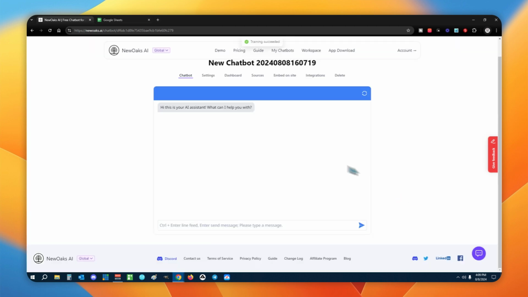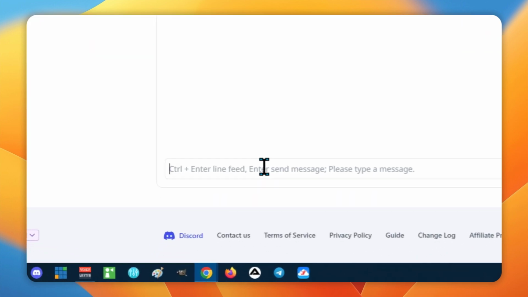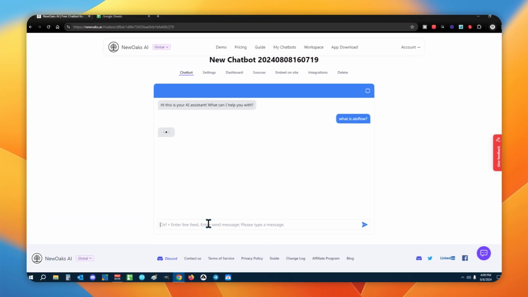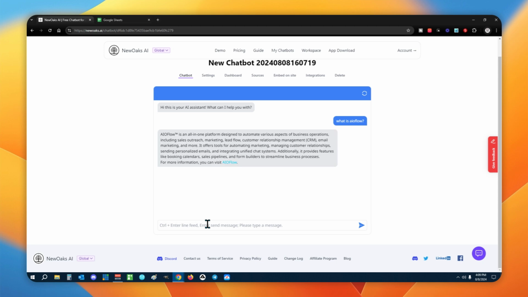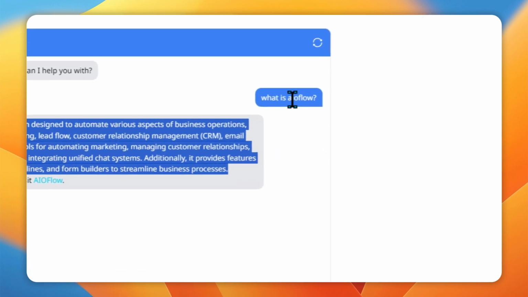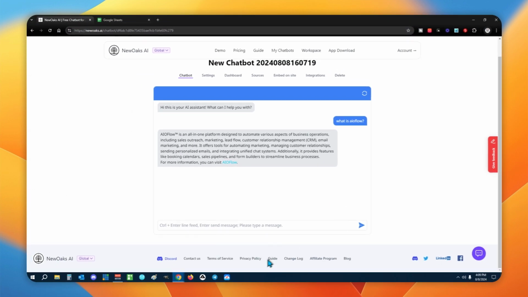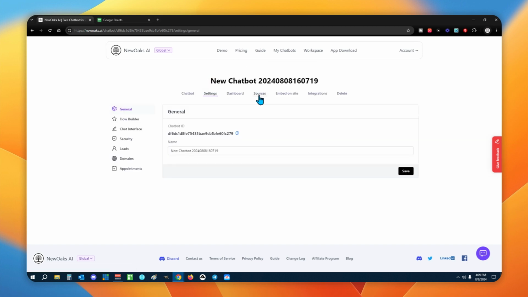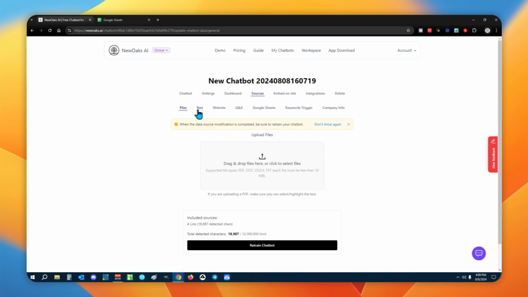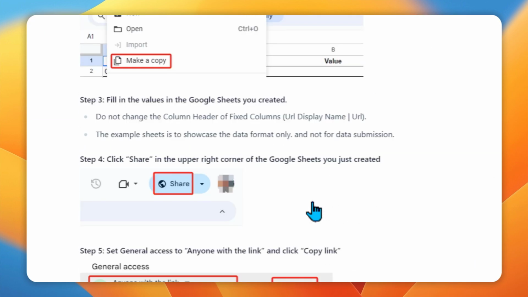Once the bot's retrained, we can try the context again and see how the bot responds. In this case, there was an appropriate contextual response for the question, so then we can verify that the bot was properly trained. If we care to change any of the other sources, such as the text or adding any files, we can simply add or upload files in this context, move along to Google Sheets and use the example template,